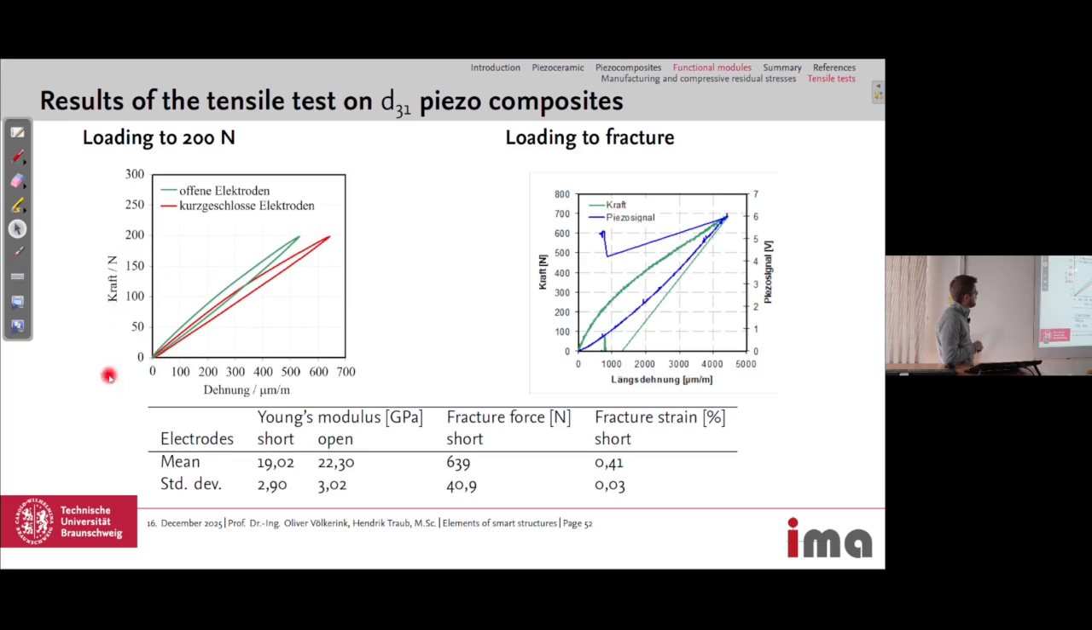Here's a force-strain plot with open electrodes and with short-circuited electrodes. And here you can see the stiffer behavior of the ones with the open electrodes and less stiffness with the closed electrodes. And when we load it to fracture, again a force-strain diagram with microstrains here, then we can